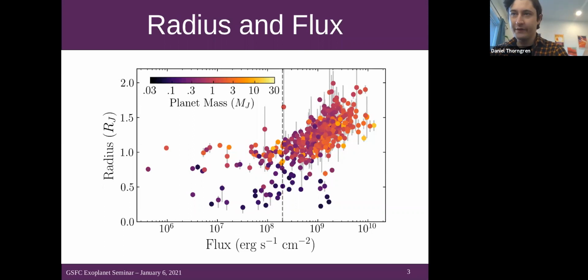You can see at the bottom, we've got the lower mass planets. But for the higher mass planets, there's something really interesting going on with flux. If you go to the left of that dotted line, which is about 1,000 Kelvin equilibrium temperature, you have the cool giant planets. And their radii don't appear to react much to changes in the incident flux. 1e6 over there is around an Earth flux. So these are still warmer than Earth, but not